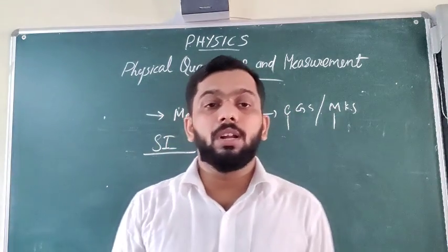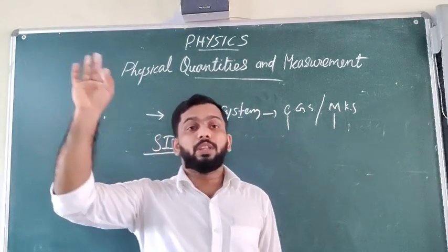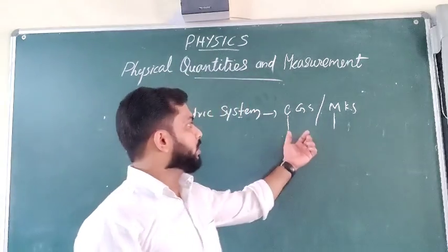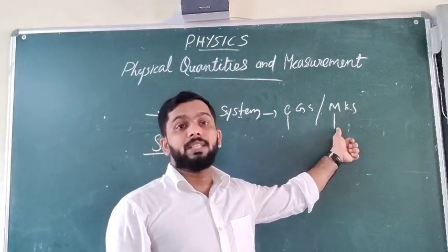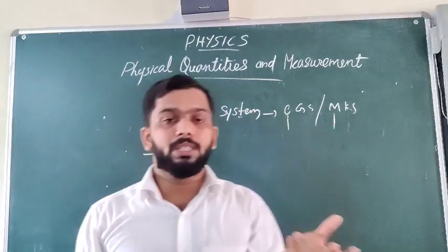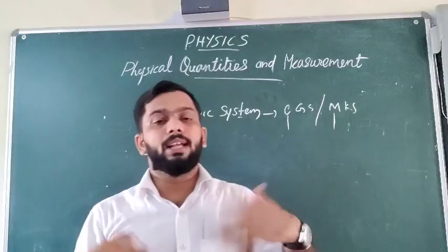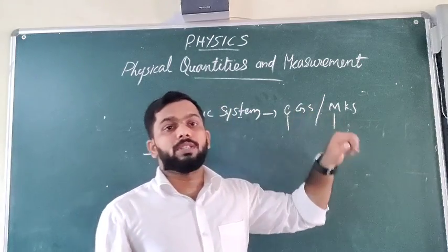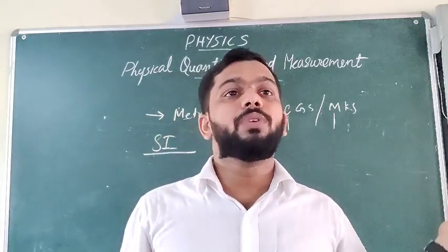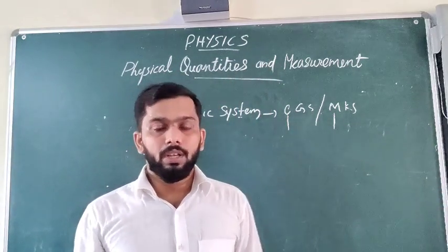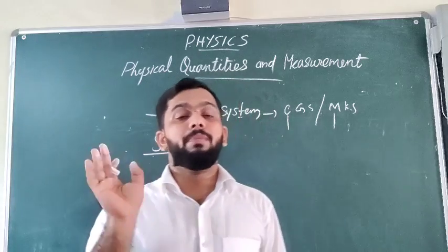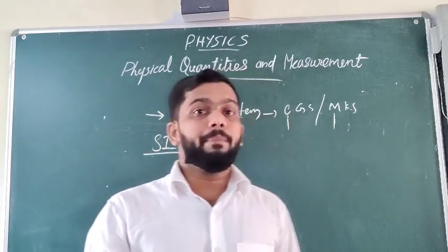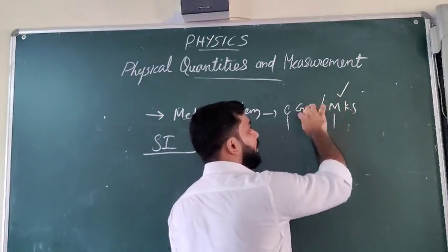If we express in centimeters, the value will be very high, and for numerical calculations we will face so much difficulty. So it is easy for us to use meter rather than centimeter. To measure the length of your pen or small objects, we use centimeters. But to measure the length of our room, we will never go for centimeters, we will go for meters only, so that addition, subtraction, and multiplication will be easy. That's why by the 20th century, the MKS system became more popular than the CGS system.